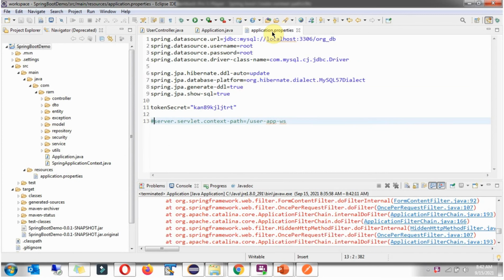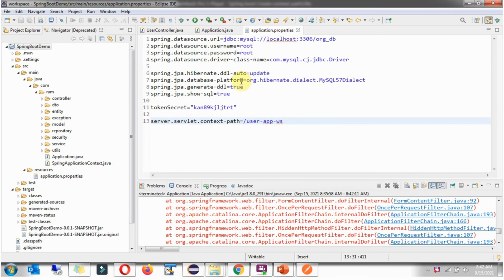Go to the application.properties file and we have to add server.servlet.context-path equal to, and we have to specify the context path. In this case, the context path is /users-app-ws.